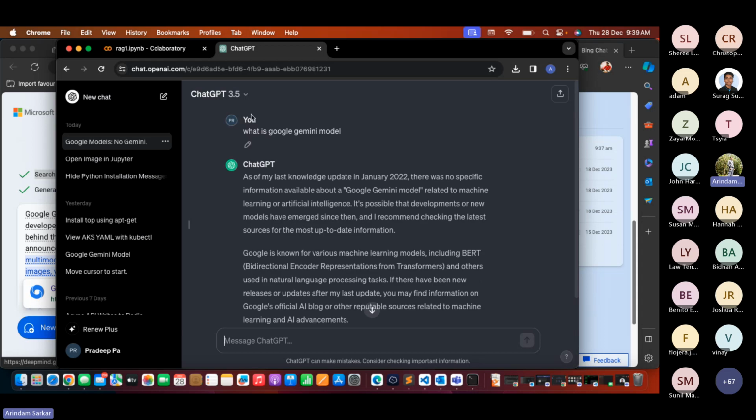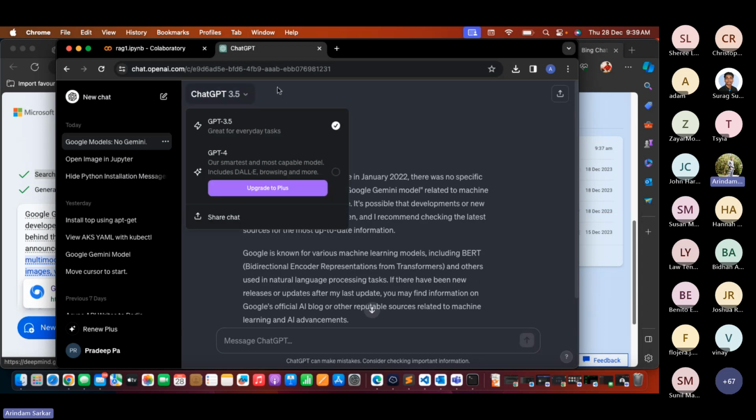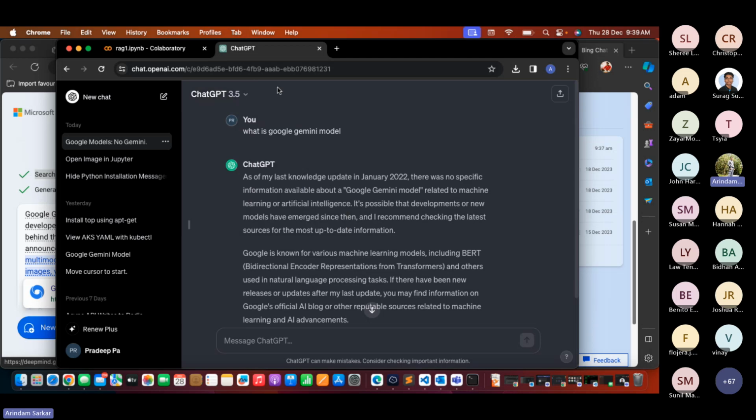But if someone has the GPT-4 subscription, then they can use some extensions or plugins. You can just enable the web search plugin, and then you will be able to see that it is able to answer it.